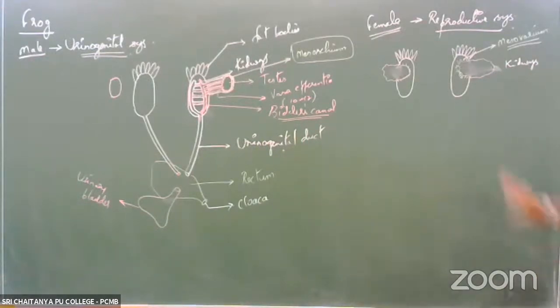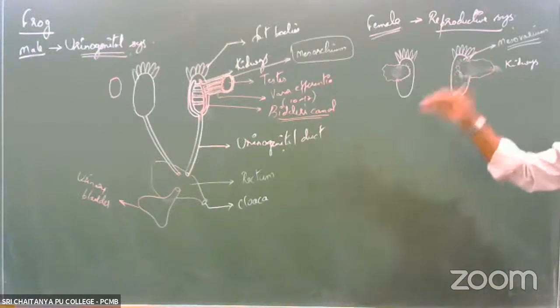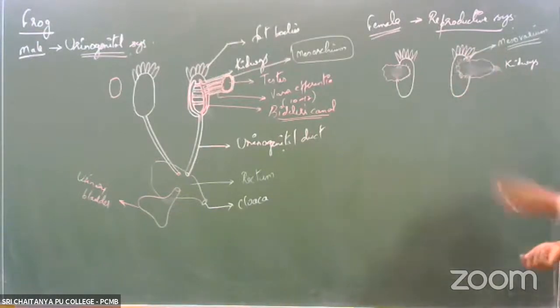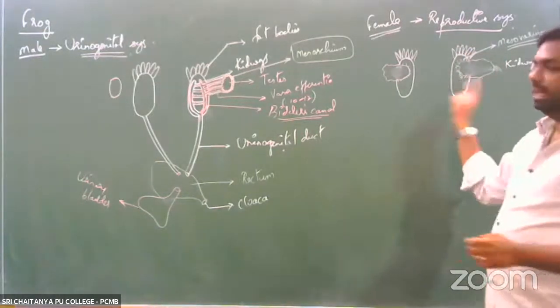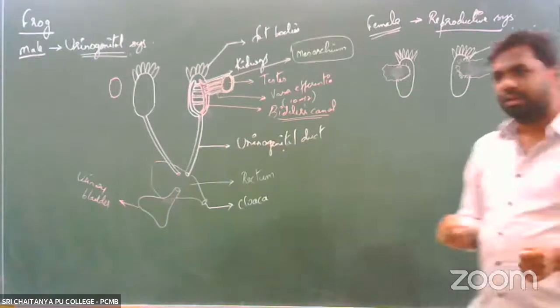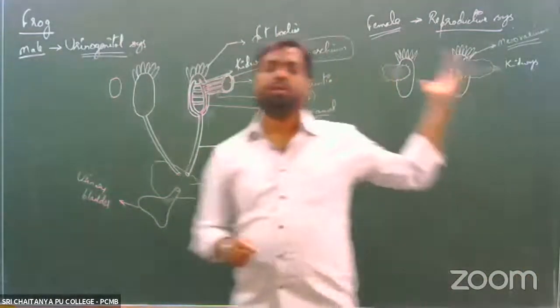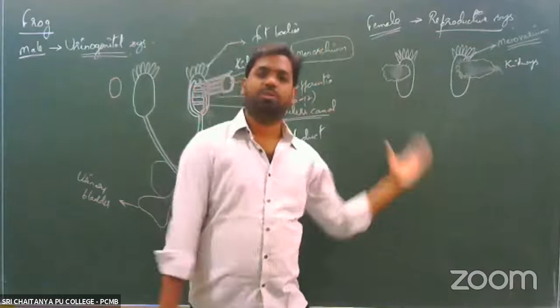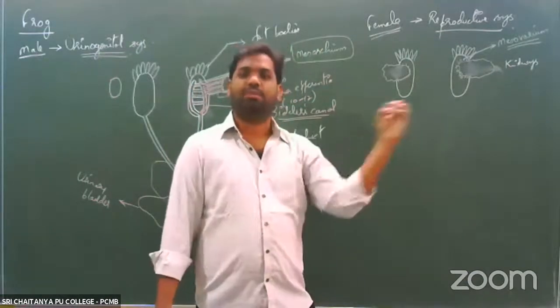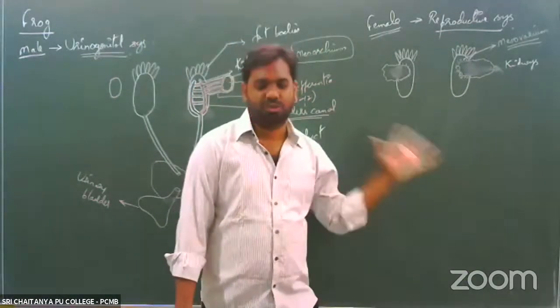Okay, now let us talk first about the excretory system, then we'll talk about the reproductive system. Right. So talking about the excretory system, the kidneys we have already seen, right? The kidneys consist of the structural and functional units called nephrons. In the nephrons, there is filtration of the nitrogenous waste.